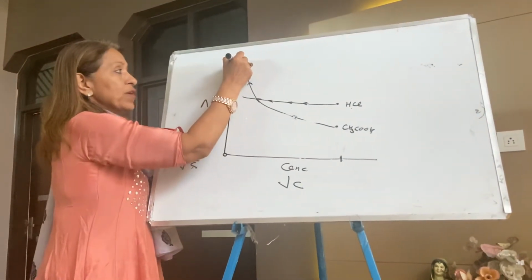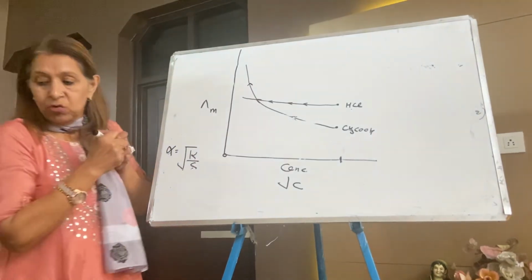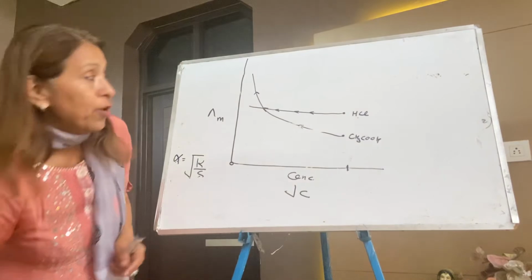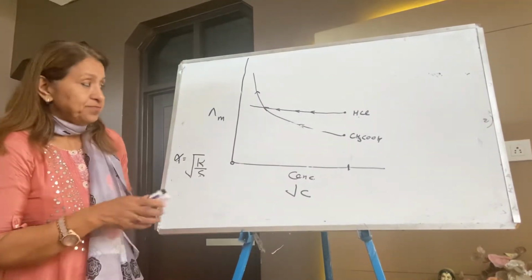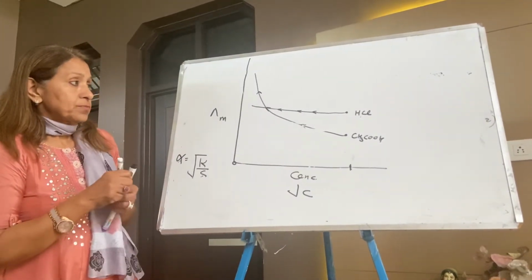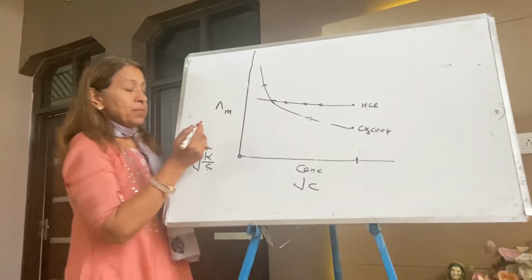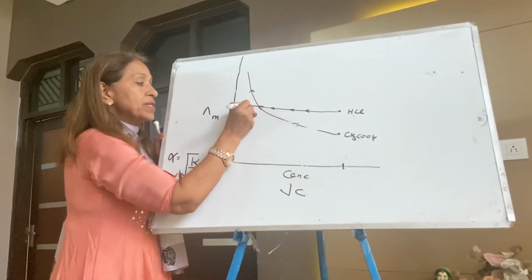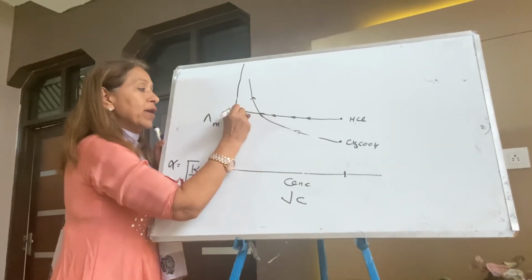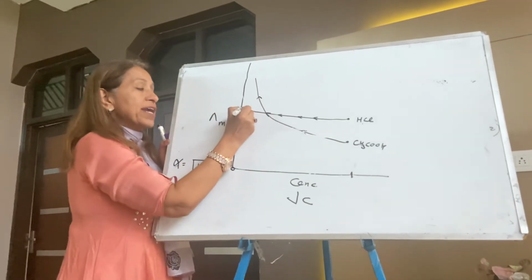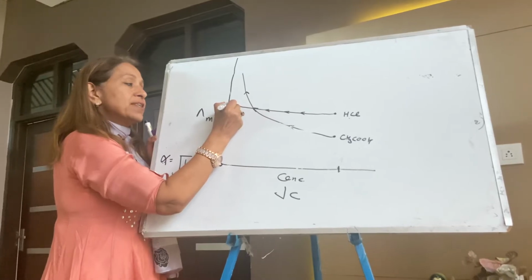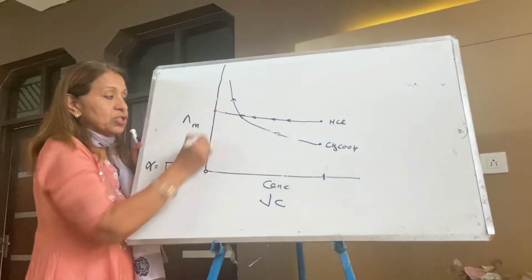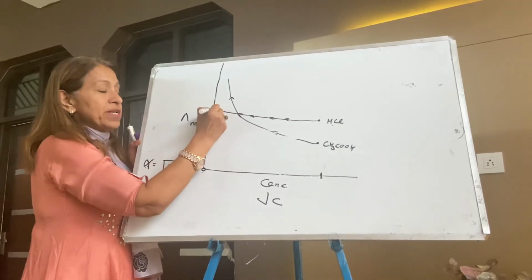Now last line, very important left. Now extend this y-axis. I'm taking one more. Now, I'm going to extend these lines. If I extend these lines by putting a scale, you can draw a graph, you can extend this line. This line meets the limiting value, that is concentration 0. This means, what is it?